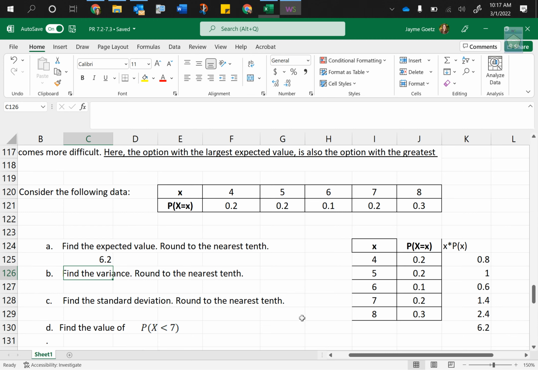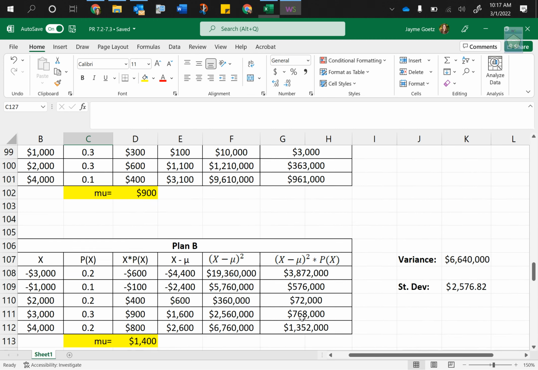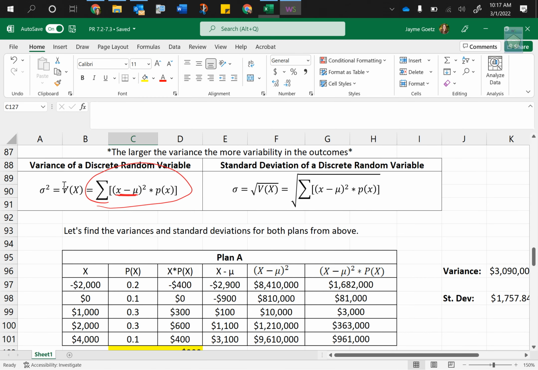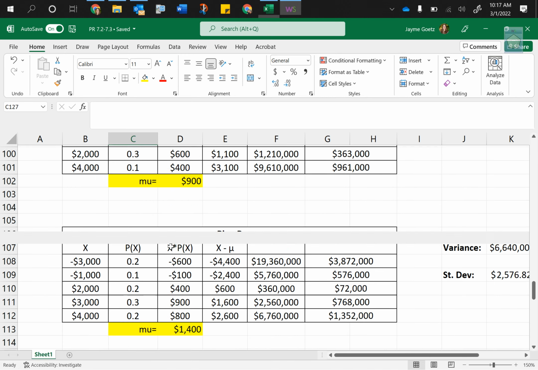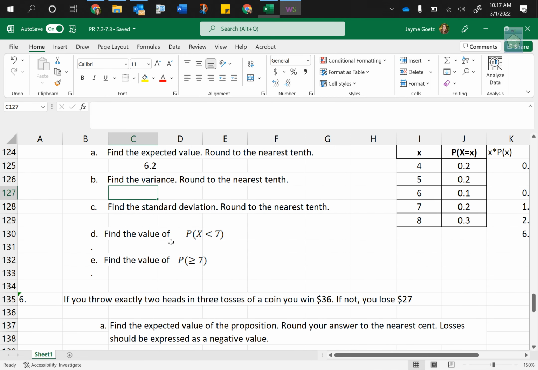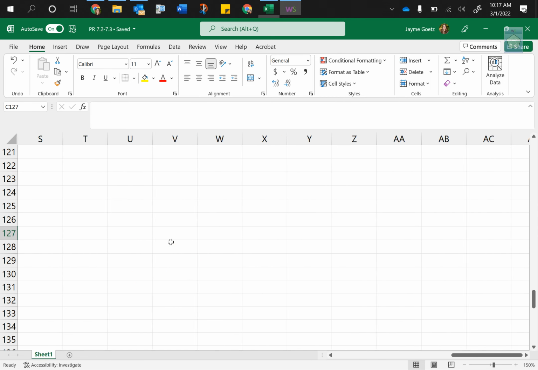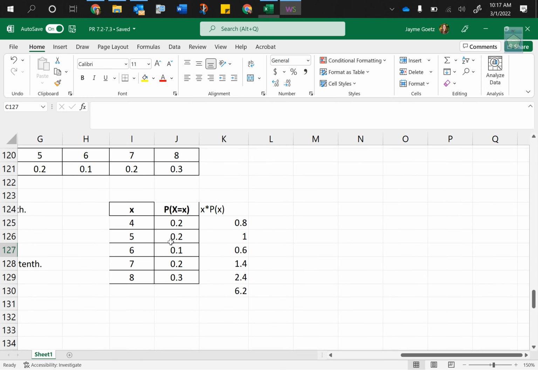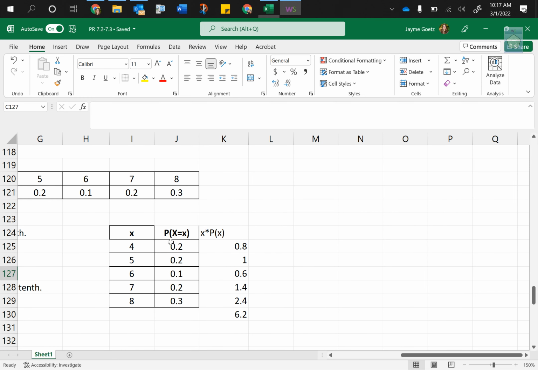Next, it wants me to find the variance and round to the nearest tenth. So to find the variance, we have to use this formula right up here. Okay, we have to use this formula right up here. When you are using that formula, I'm going to write it down so we can dissect it. We're going to take it one piece of information at a time. Okay, so the formula says